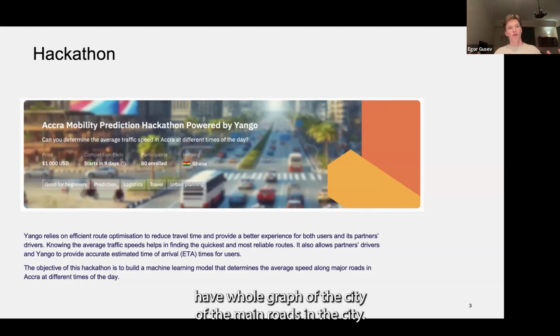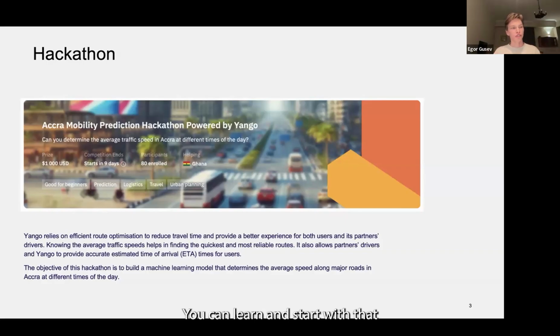You have a whole graph of the city, of the main roads of the city, so you can try different features for your model. Zindi is gonna give you a starter notebook. You can learn and start with that and try different models